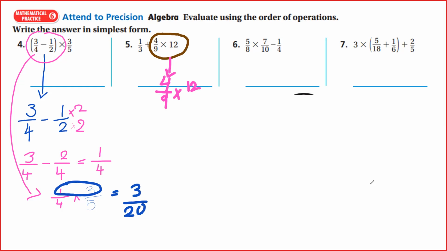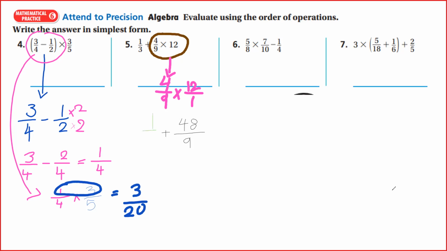How can I make 12 as a fraction? What do I have to write down here? You have to make it over 1. Then next, 4 multiplied by 12. Come on, miss, hurry up because the time is finished. 48. 48 over what? 48 over 9. Then you have to add it to